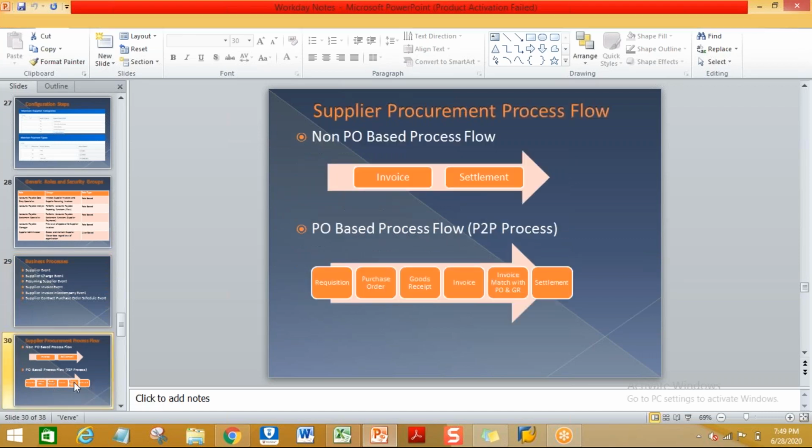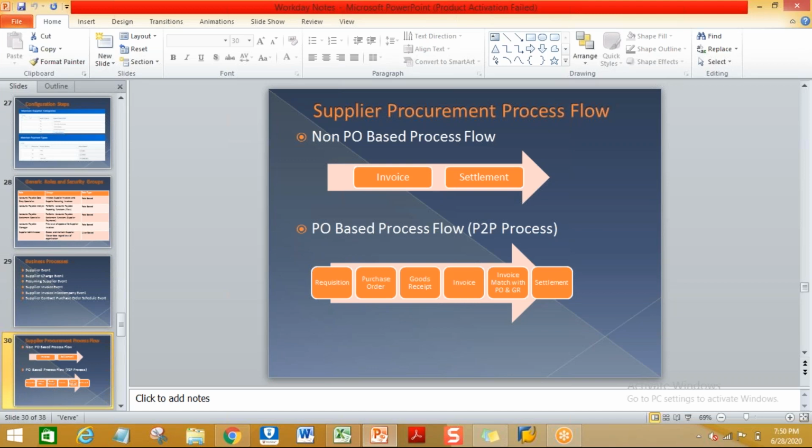The next one is the supplier procurement process. If you are doing direct purchases, that means you are not following the P2P cycle, procure to pay cycle process. This is invoice and payment.